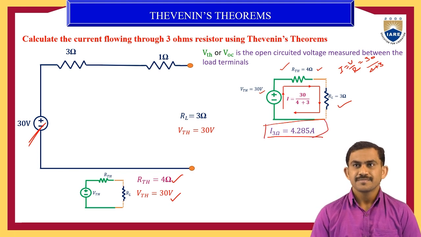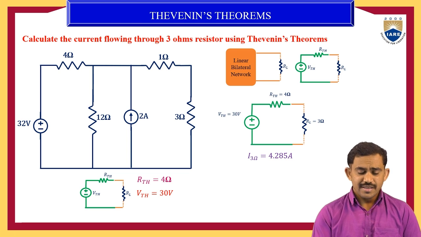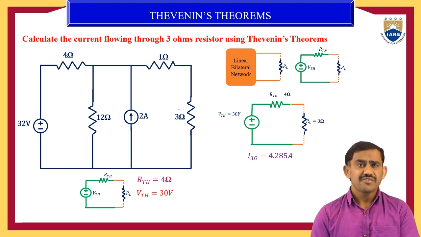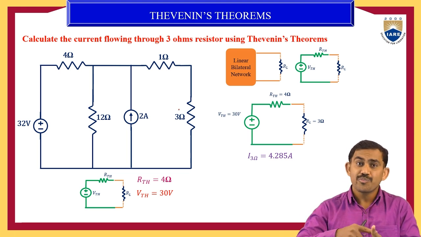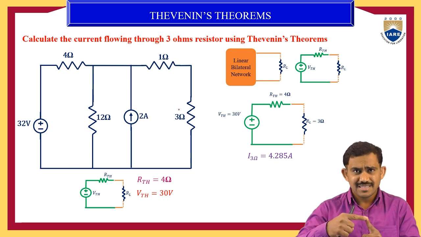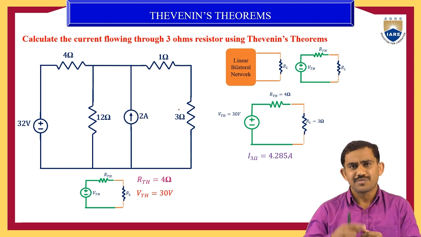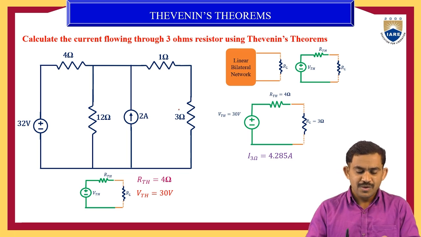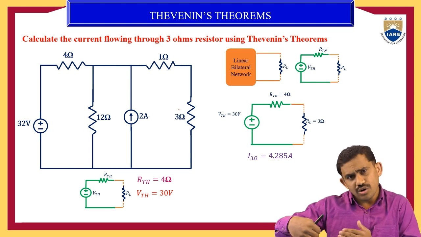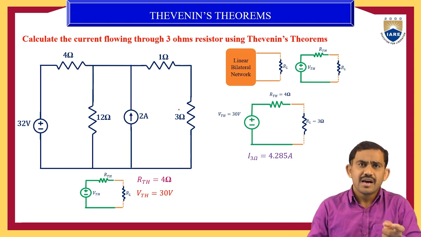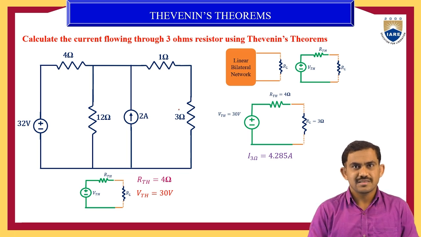Okay, I'll conclude this session. So using Thevenin's theorem, we need to find the 3 ohms current. For this we have some steps and rules. Any circuit can be converted to a single voltage source in series with a resistor. That voltage source is the open circuit voltage, your Thevenin's voltage, and your resistor is the equivalent resistance between the load terminals. For resistance, the voltage source is short circuit and current source is open circuit. Remove the load terminal, and across the load terminal we need to find the RTH value. That is your equivalent resistance or Thevenin's resistance.